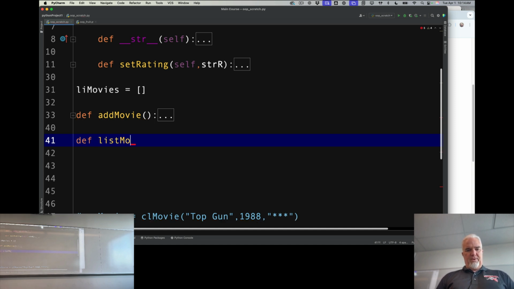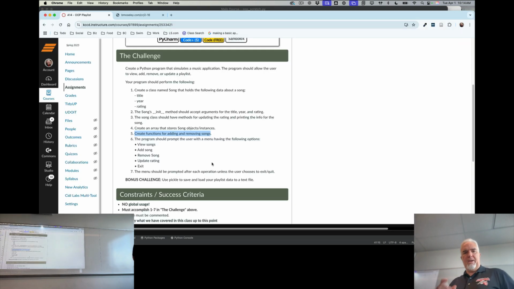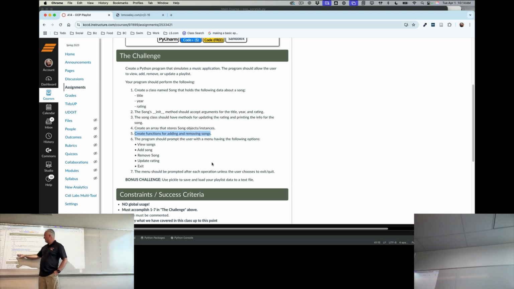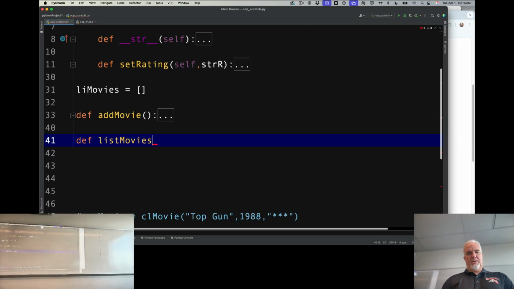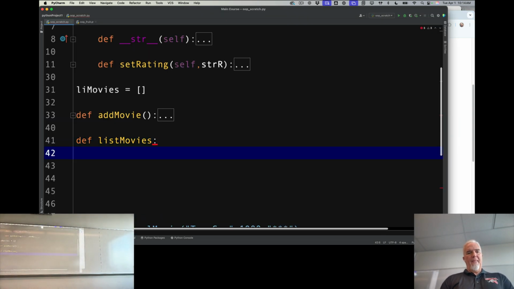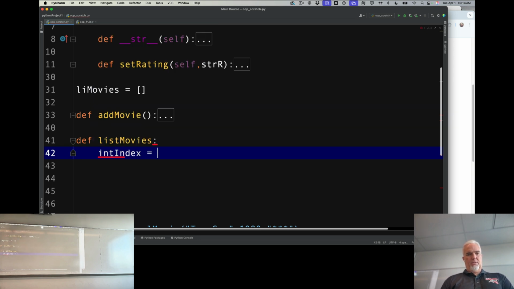I need one that says list movies, because that's one of the things, and I'm also going to need to list movies. Okay, so view songs, remove song. I need to use the view in my remove, so I might as well do this now. This is how I will list the things in my list in a useful way. I'm going to say int index equals 1,